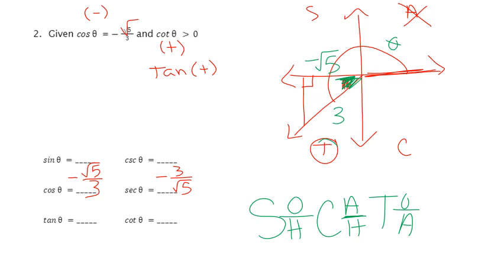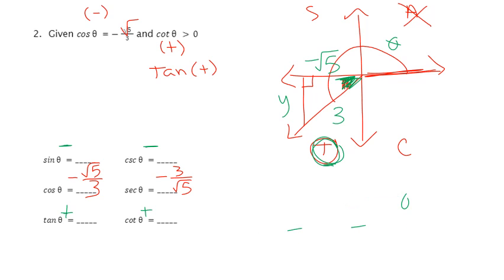So if it's in this quadrant, we know that tangent is positive. So these are both going to be positives. We also know in this quadrant, tangent's the only one that's positive. So we know sine's going to be negative. So if you want to put those signs in the beginning so we don't forget. And then we need to do Pythagorean theorem to get that other leg. So when we go ahead and do Pythagorean theorem,